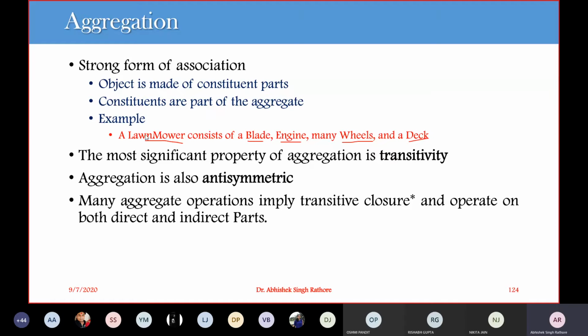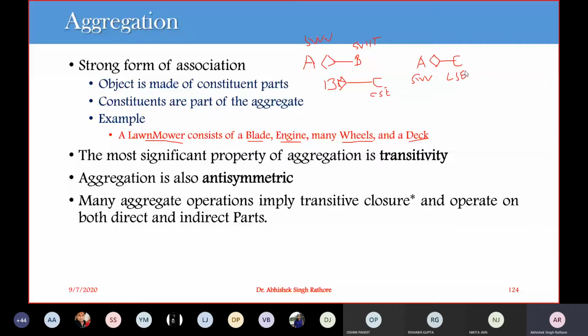That means if B is a part of A and C is a part of B, let's say this is A and it contains B, and again, transitivity says this is B and this is C. So A has B and B has C. Right from this transitivity, which you may have studied in discrete mathematics, we can say that A has C. For example, let's say this is SVV, this is SVIIT, and this is CSE. So we can say that SVV has CSE.